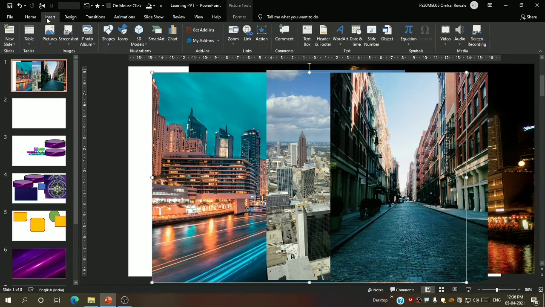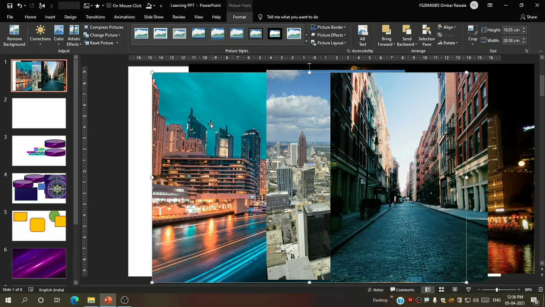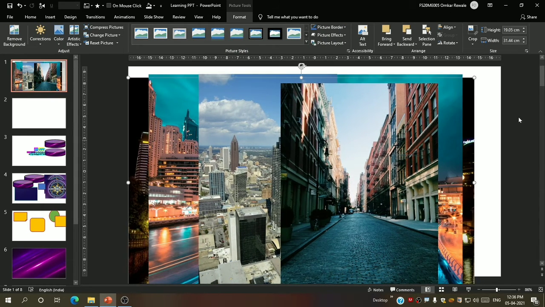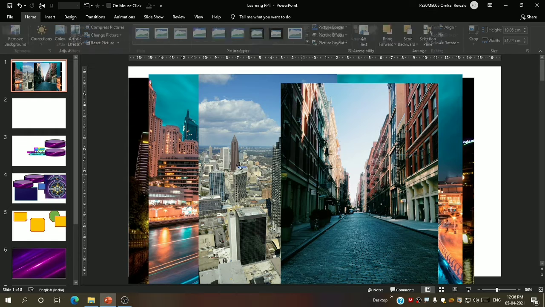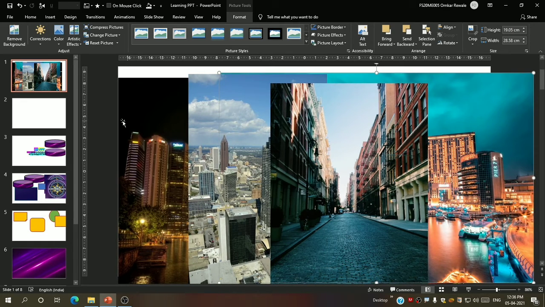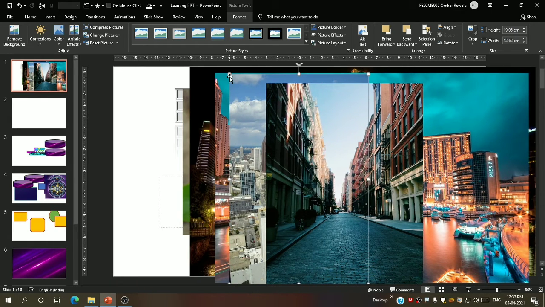Okay, so now this was about how to insert pictures. Now there is also formatting for these pictures. You can also format these pictures. As in Microsoft PowerPoint, everything has its formatting values. The text has its formatting value, the shape has its formatting, the background has its formatting, everything. So now we will see how to format this, but not right now, afterward.